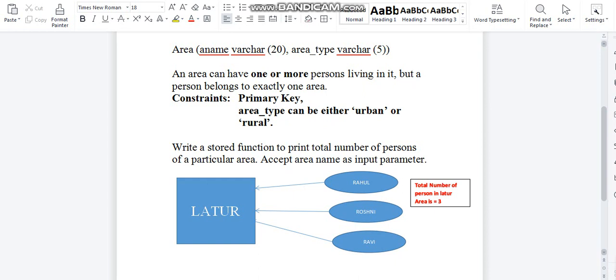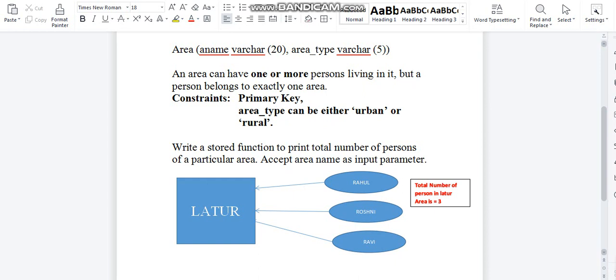So when I pass Latur as the name to the function, it must return the count as 3. Since 3 people stay in Latur, the output must be: total number of persons in Latur area is 3. This 3 must be the output, and we can print Latur with it.